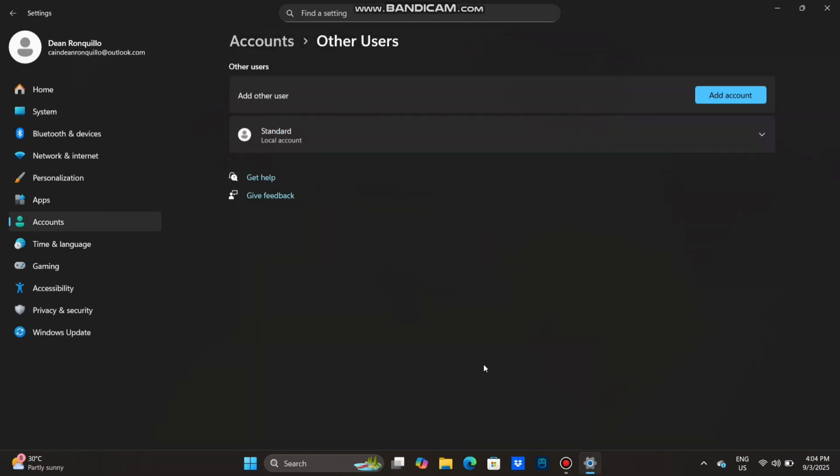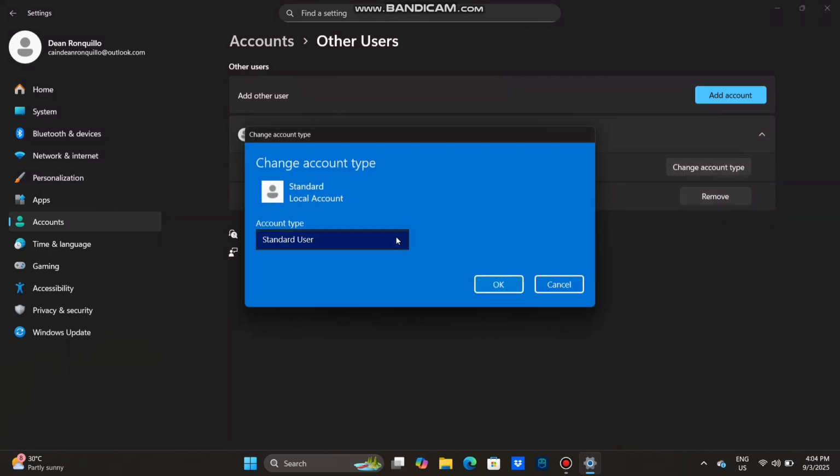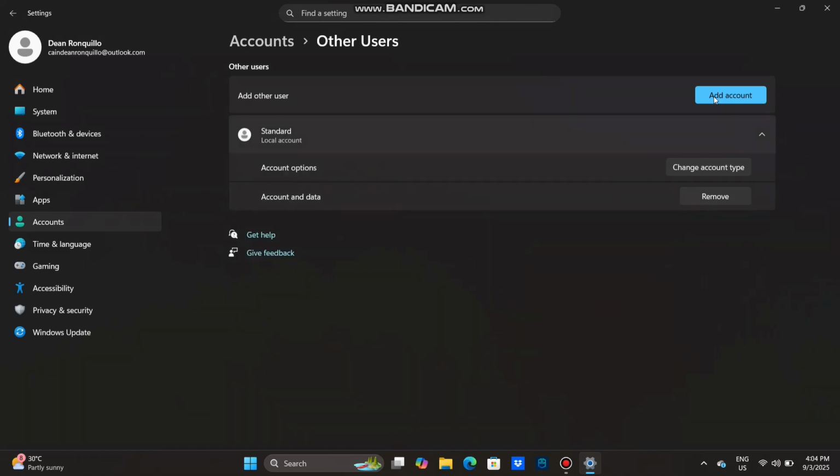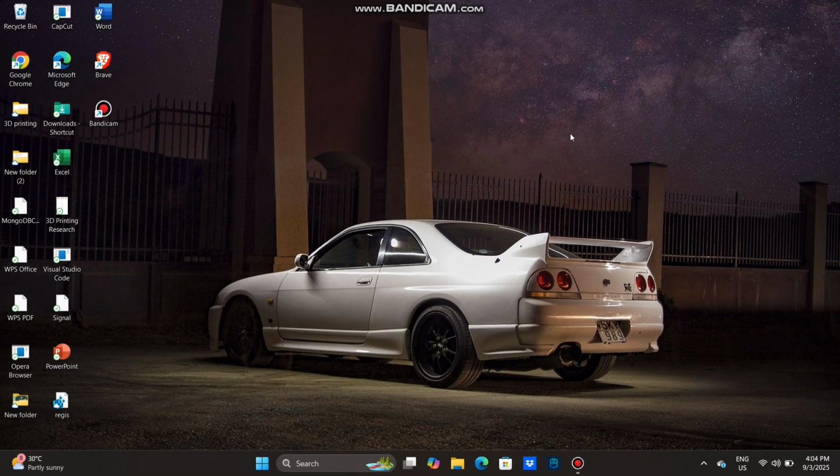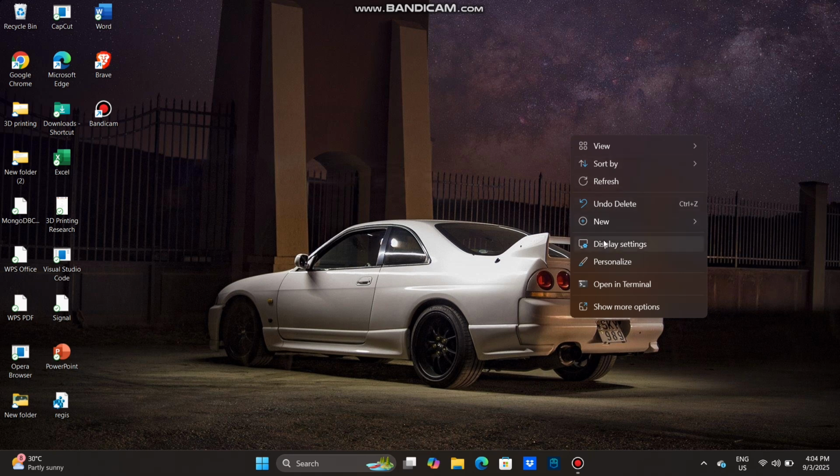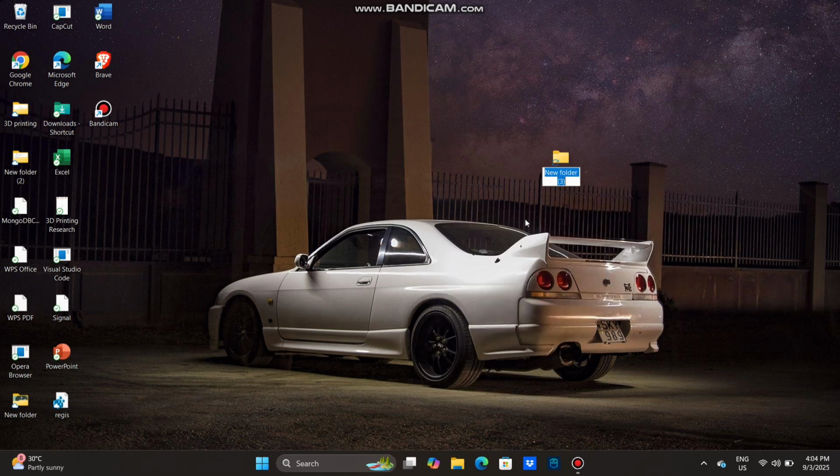To verify if this is a standard user account, go to change account type and then standard user. And then just click OK and then X. So here we're gonna add permission to the standard user. So here we're gonna create a new folder, name it test folder,